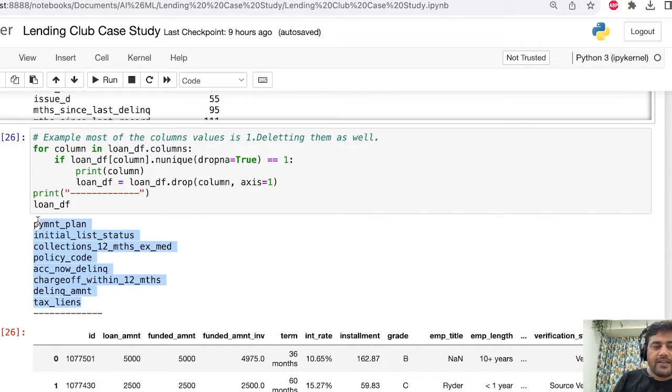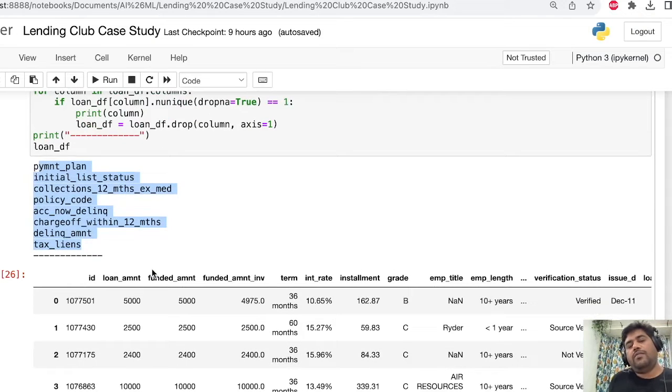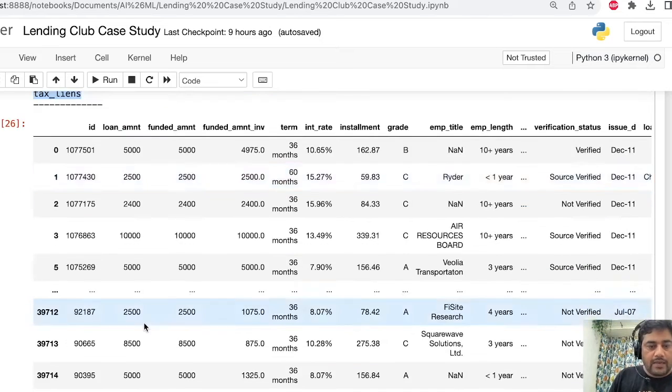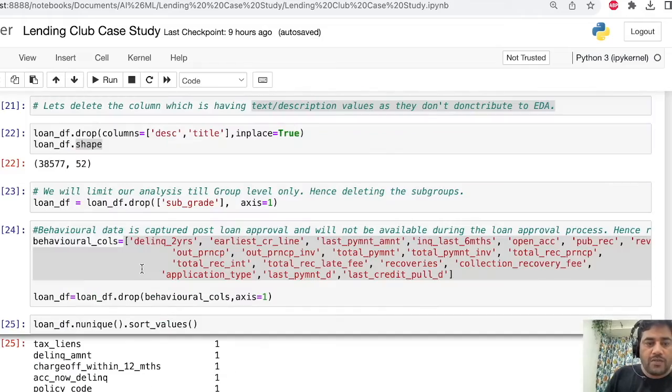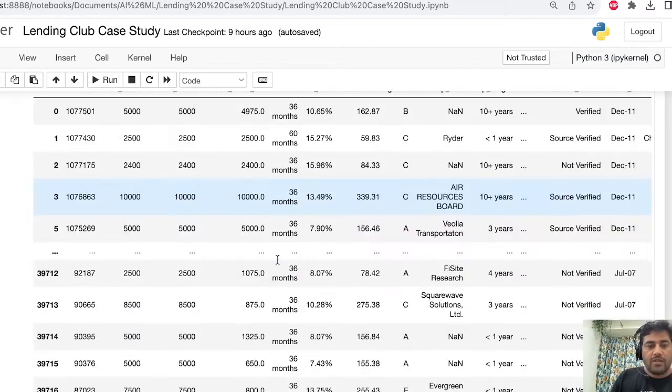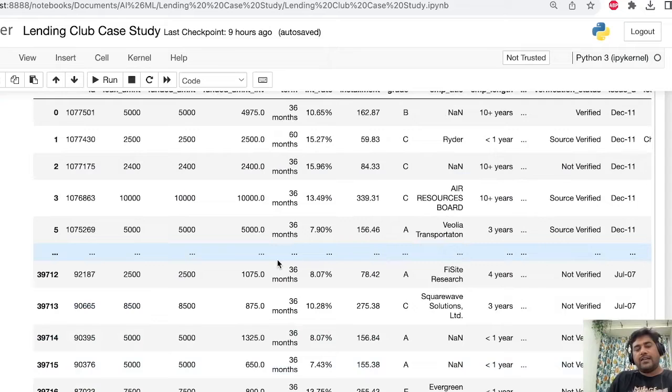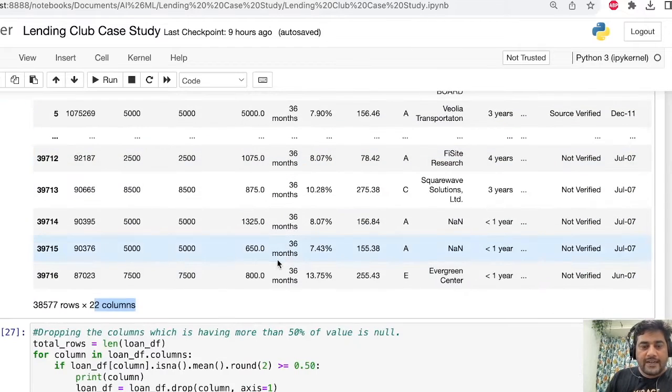So we have eight columns whose values are unique, a single value. After deleting all those, we are now limited to 22 columns. The other analysis we are doing is to see